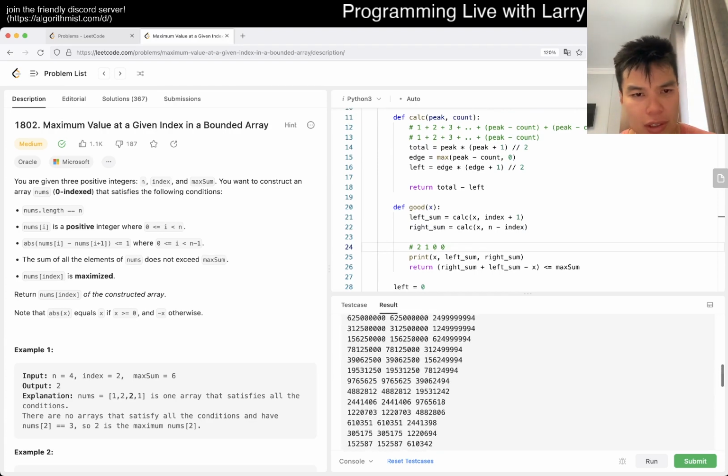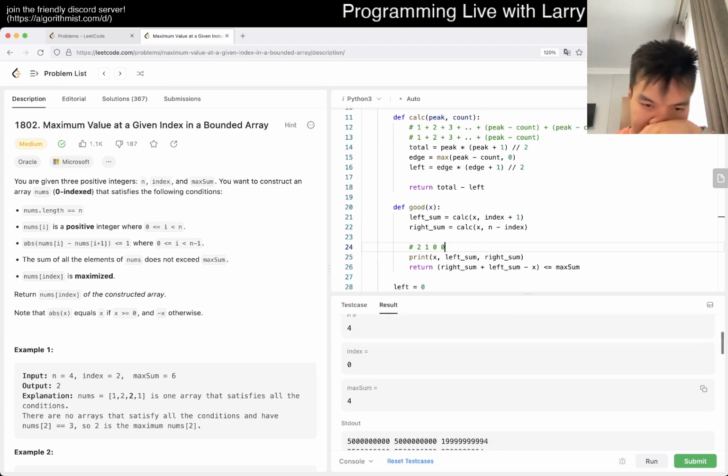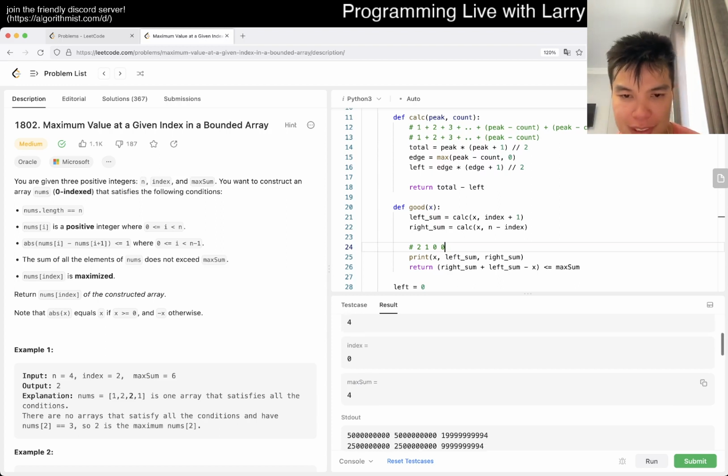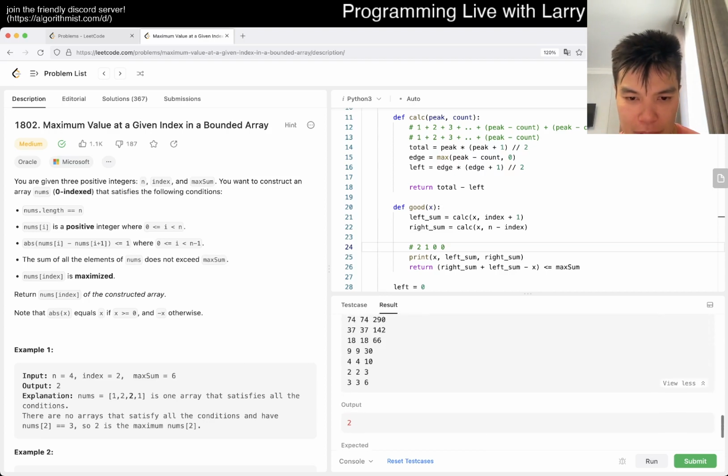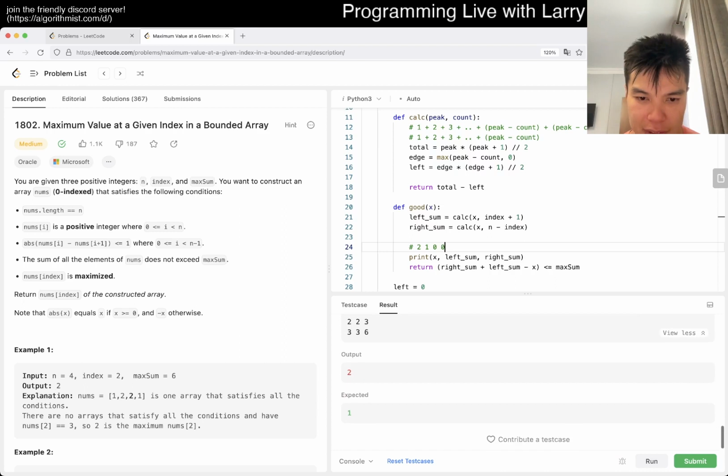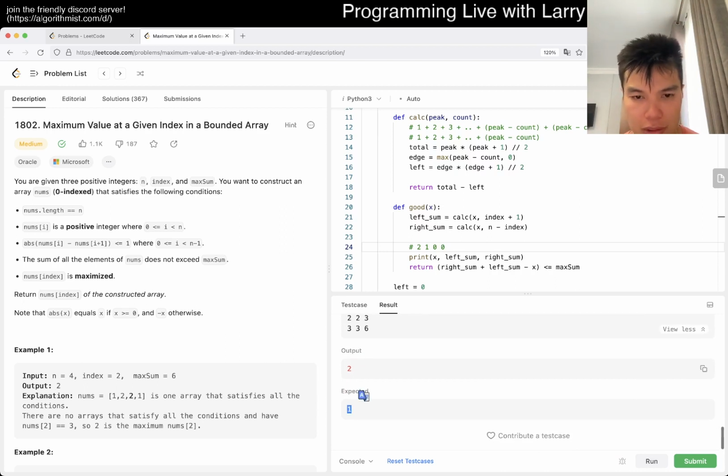You think the answer is 1? Did I miss something? Am I misunderstanding this problem now? Actually, I think this should be right? Is this not? It thinks that the expected answer is 1, but 2 is okay. Is it not? Because this is the case. A positive integer. Oh my